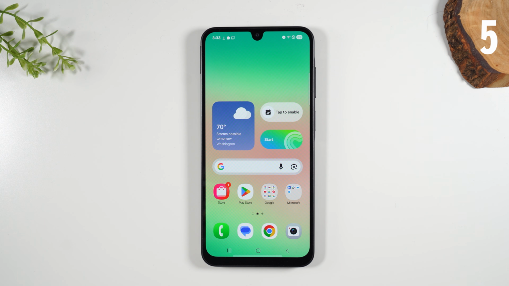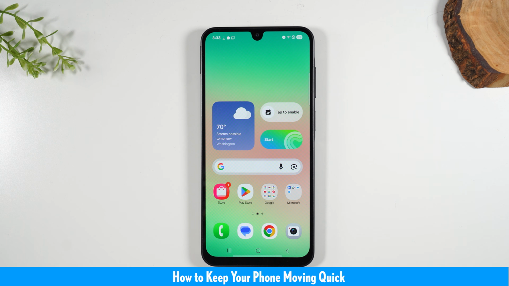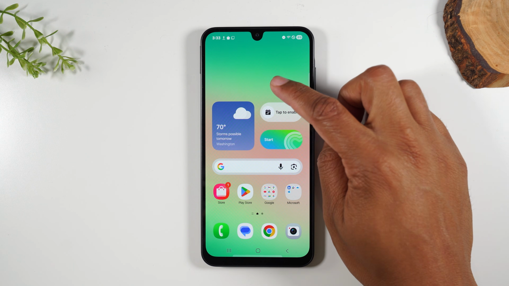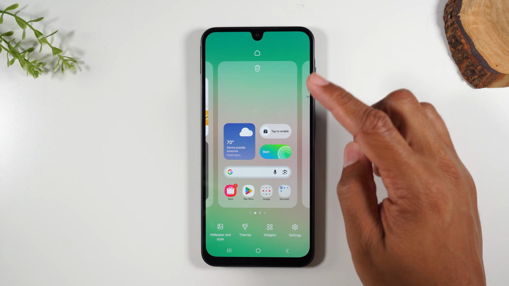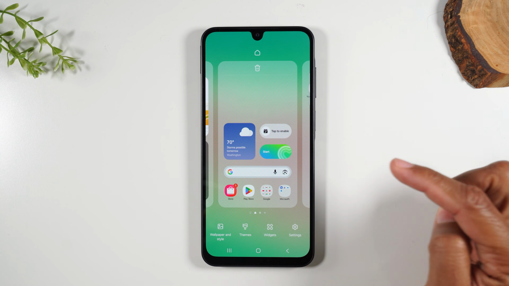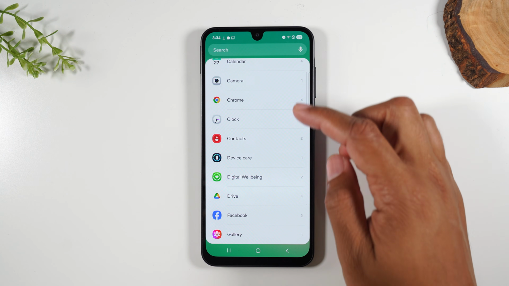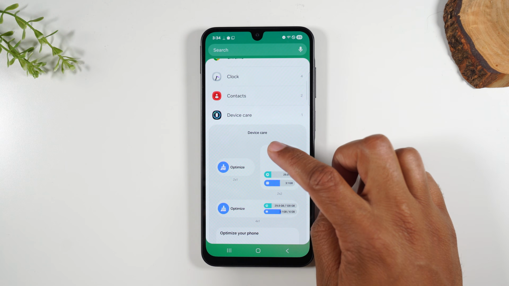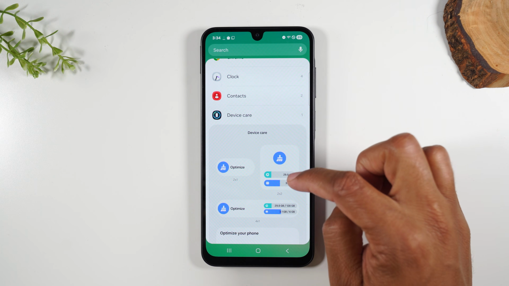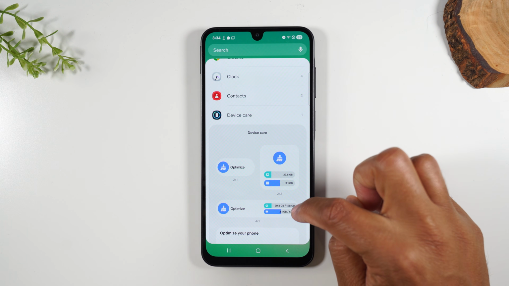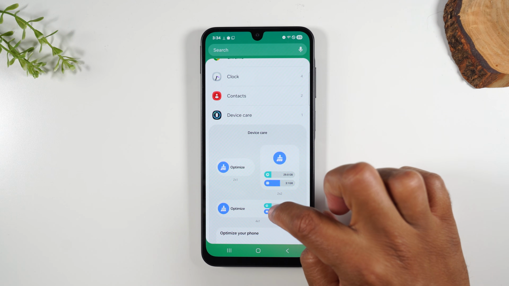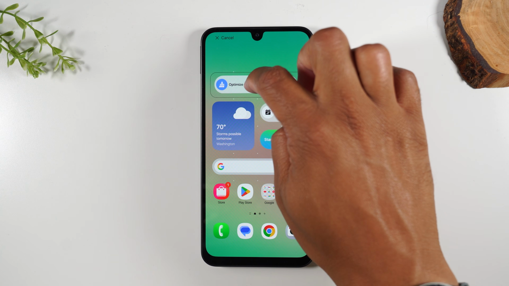Moving on to our next tip, I want to show you guys how to keep your phone moving nice and quick using the device care widget. Now I'm going to hold down on the home screen for 1 second, and then I'm going to tap on widgets, and then swipe up to device care and tap, and hold down. You have a couple of different options here. This is a really good one here, but again, you have 4 depending on how much space you have on your home screen. I'm going to hold down on this and just drag it up and drop it on my